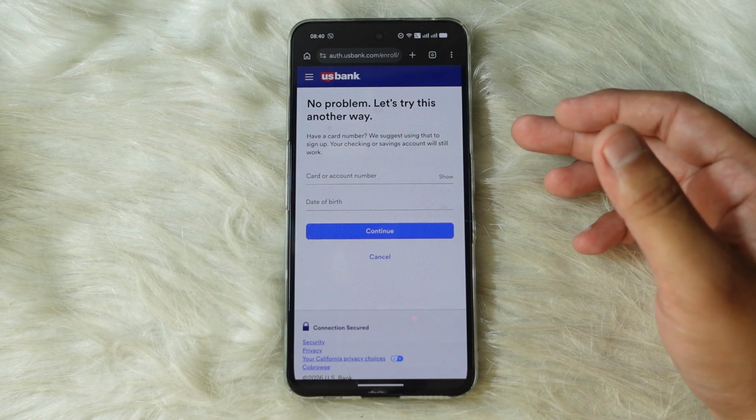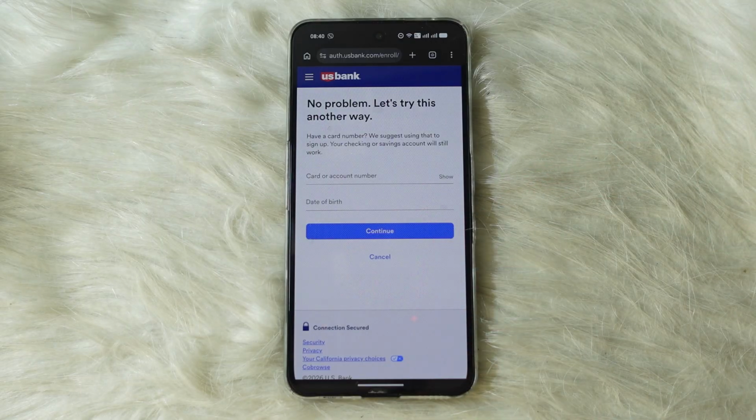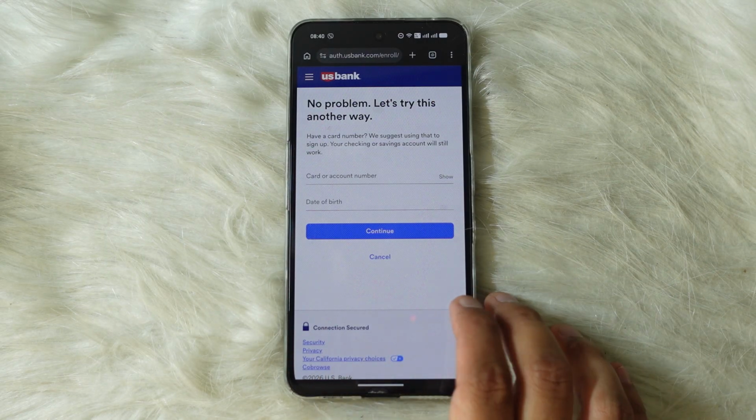which case you'll have to simply enter your card and account number along with your date of birth, hit continue, and then follow the rest of the on-screen instructions, in which you'll have to fill in your details and create your username along with your password, after which you can head back over to the login page and then log